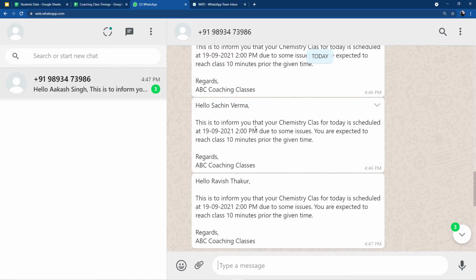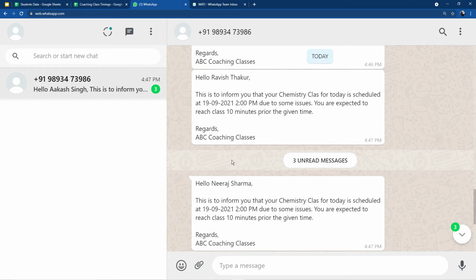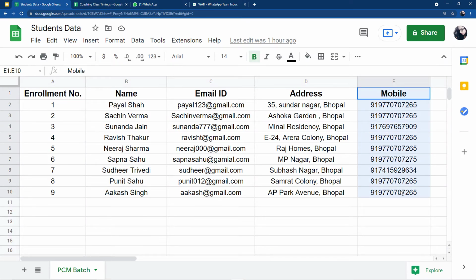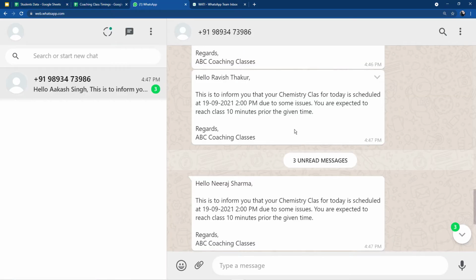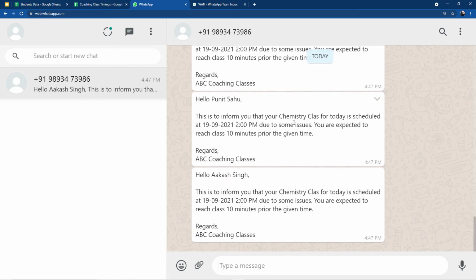Now let me clear one more thing: I have shown you this process on one WhatsApp number only. Why? Because I cannot open more than one WhatsApp number on my window. So that is why I entered the same WhatsApp number here in the details, so that I can show you how bulk messages are going to be sent. Here you can notice this is how the bulk messages are going to be sent at a particular time to each and every student. As I cannot open several windows of WhatsApp, that is why I'm showing you on the same WhatsApp number. So you do not need to get confused about why I'm showing all the messages on one number only.